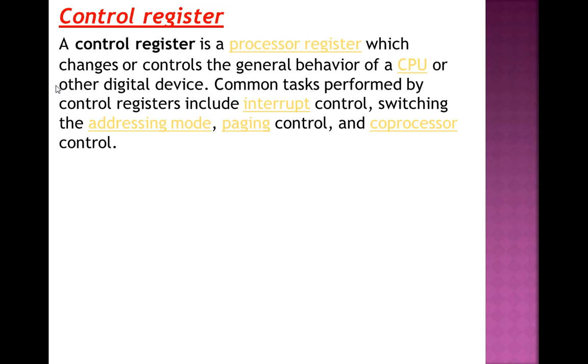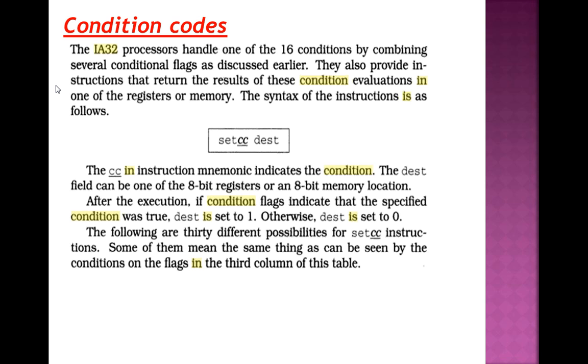In today's class, we started with control registers. That is, what is a control register, how we can control. The main topic is control: how we can control in C language, assembly language or machine code. What are the controlling methods? There is a loop. There is a conditional statement. So what are the methods used for controlling the flow of C language or assembly language? First of all, we took what is a control register.